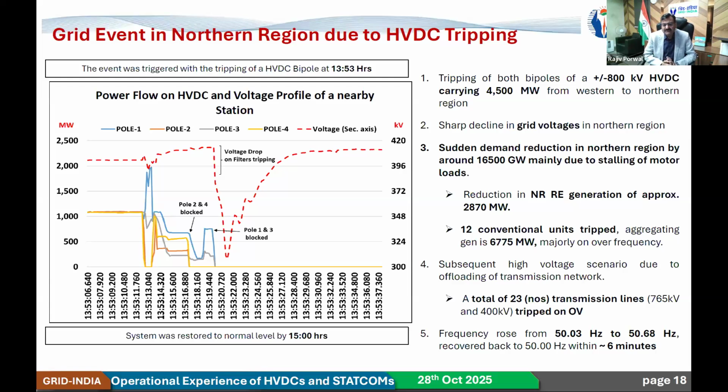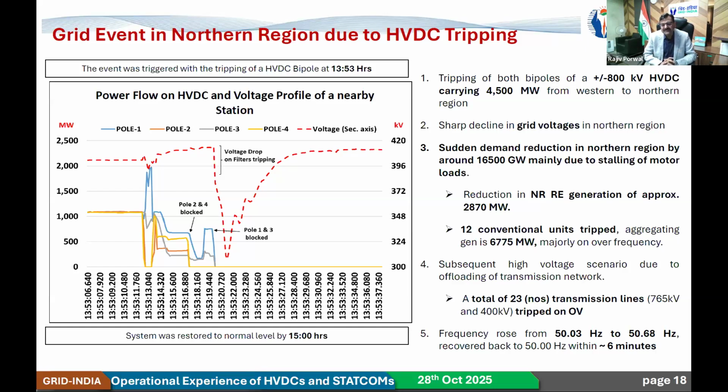Therefore, a lot of ACs and single phase motors were available in the system. So they stalled, and then again the voltage drop took place, with a lot of ACs going out of the system, and therefore there was a significant loss of load in the system,